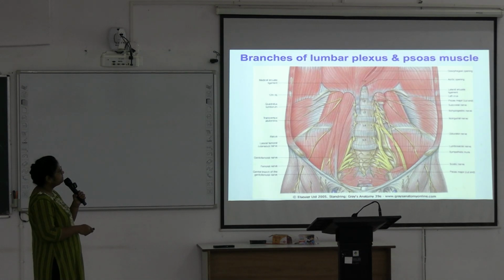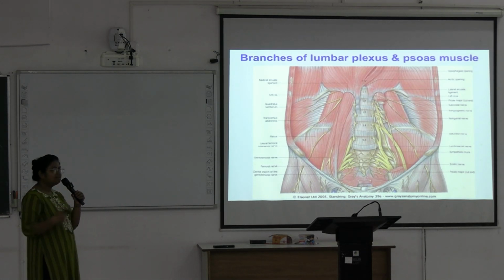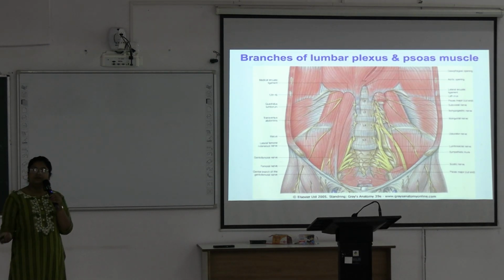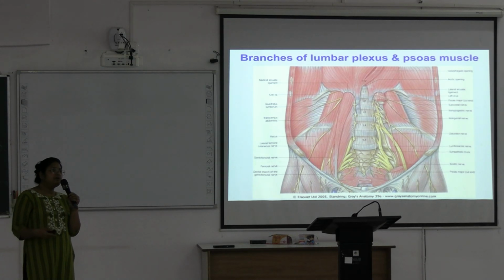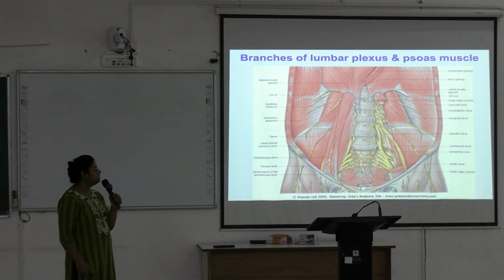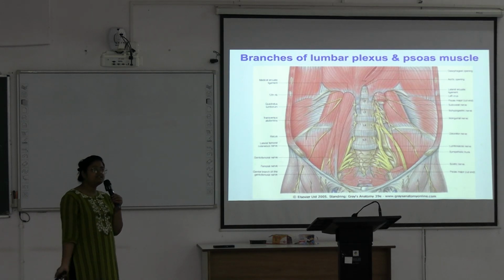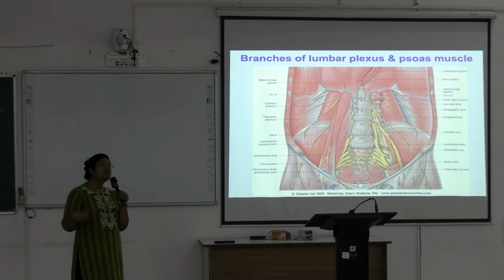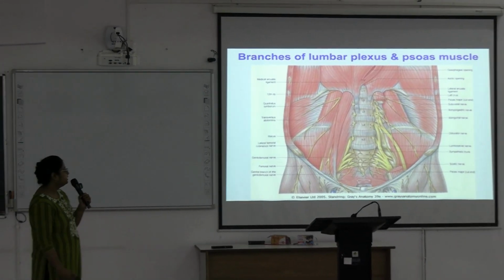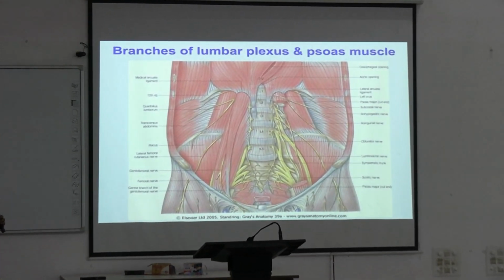So these are the branches of lumbar plexus, and these are the branches of sacral plexus. They are entering into the gluteal region. There are sciatic nerve, okay, posterior femoral cutaneous nerve, pudendal nerve. All these are branches of the sacral plexus, the main branch of which is the sciatic nerve. You have seen in the posterior compartment of the thigh dissection, and also in the gluteal region. Next